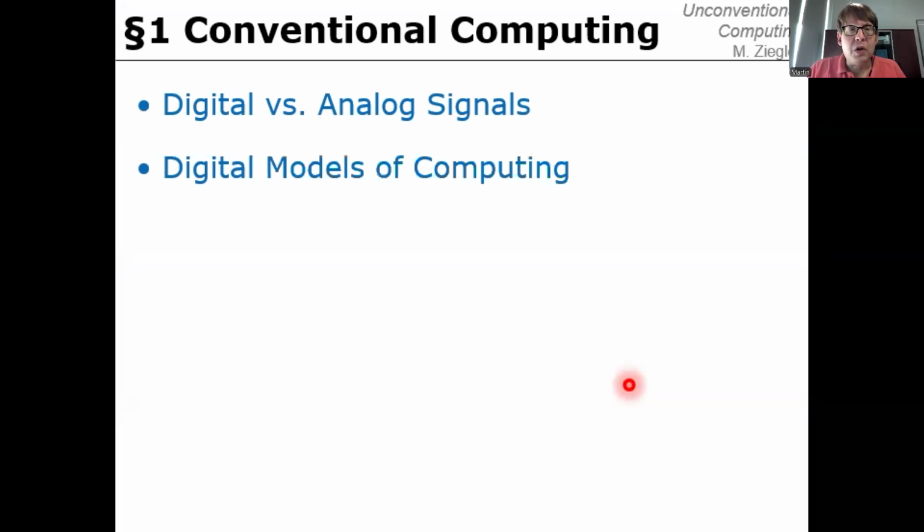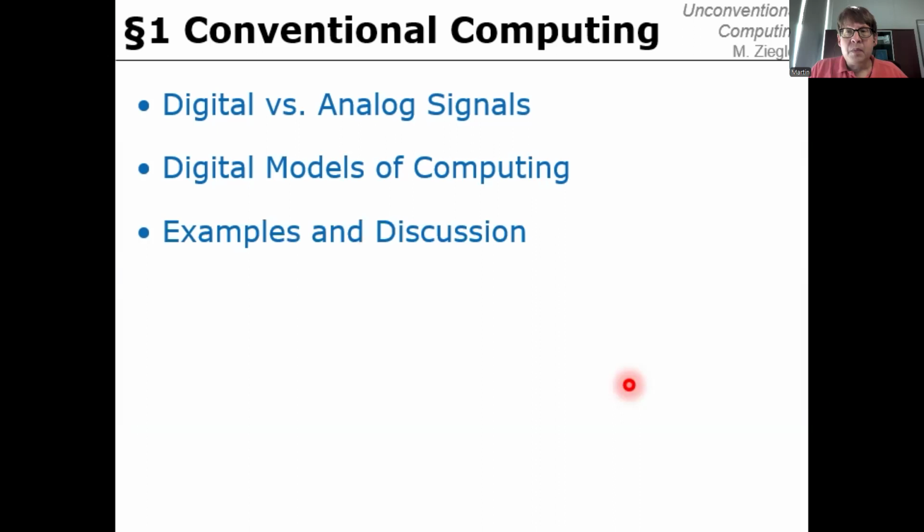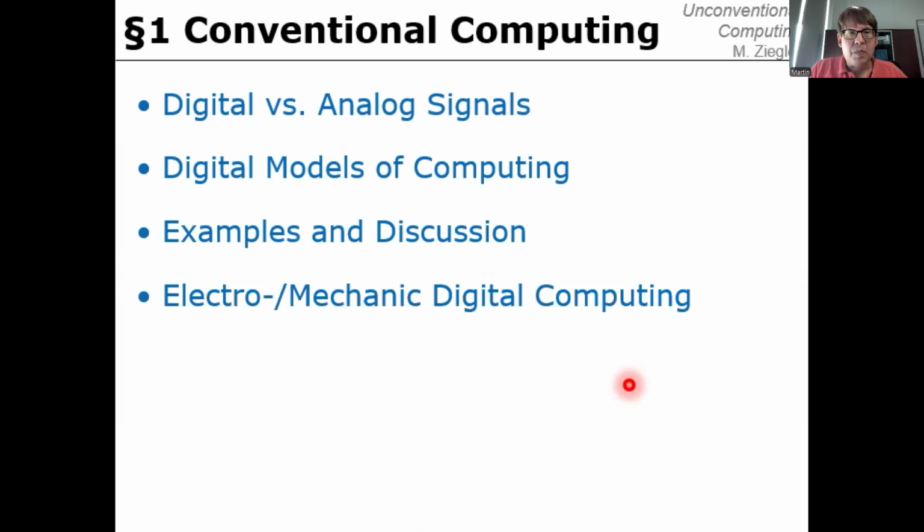And then we will recall digital models of computing, including the two I just mentioned, Turing machine and finite state machine. We'll discuss examples and then talk about various ways that such digital modes of computing have been realized historically